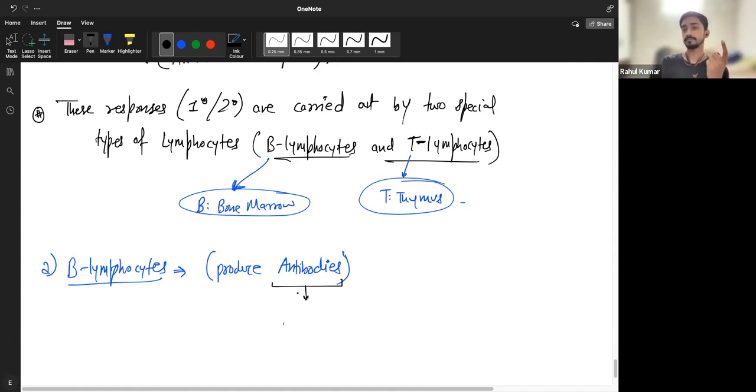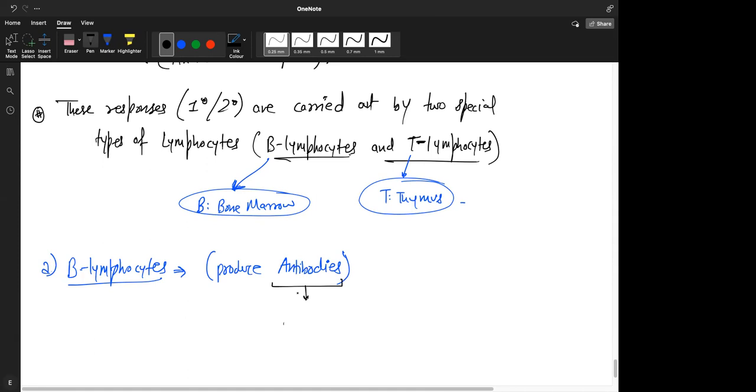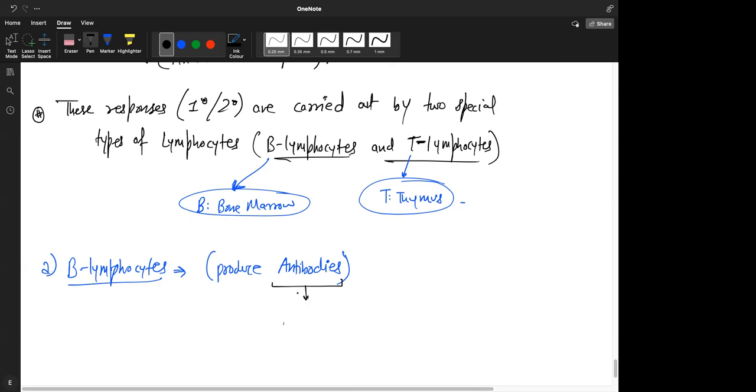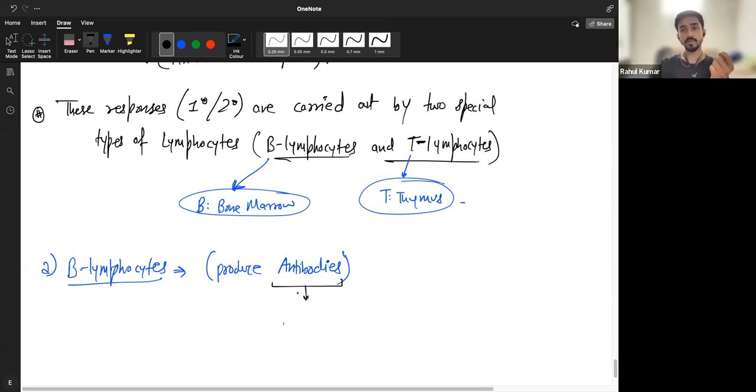Antibiotic means against life. Which life? The pathogen's life. Biotic, against not our life. So if I take an antibiotic, I will not die, but the pathogen will die, because that is also a living system. So it's against that life, whereas an antibody is against a body on which it can go and bind.